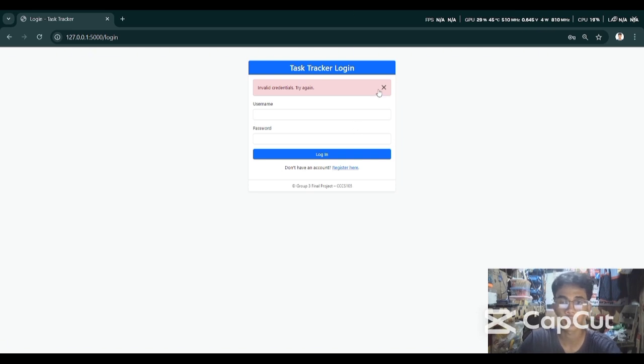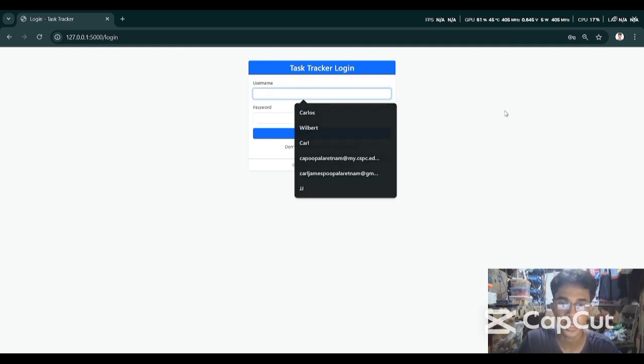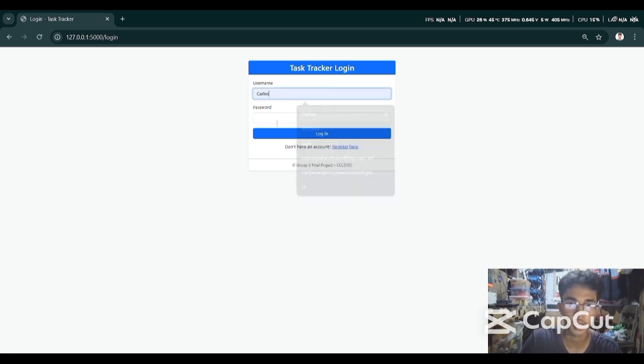This also has wrong input handling, so if it does not match with the existing accounts of users, then it will not move to the dashboard. So let's go with Carlos again, and we'll type the right password, 345678.